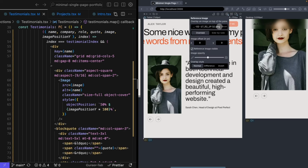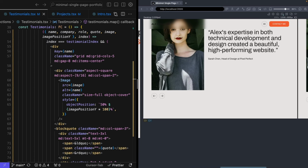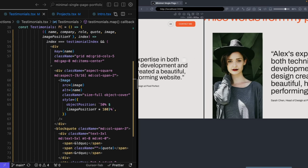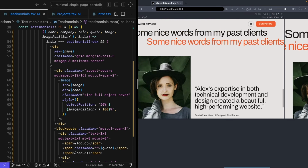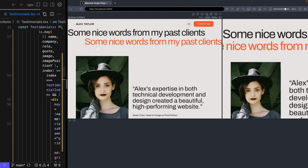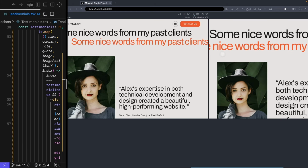So I'm going to pull my reference image back out over to side by side and scroll over and see how my desktop view is looking. Over in my desktop view, you can see that we do change the size of a lot of our text. So let me pull my browser window out just a little bit more so we can see this. We can see that the text gets a lot bigger in the design, both in the title